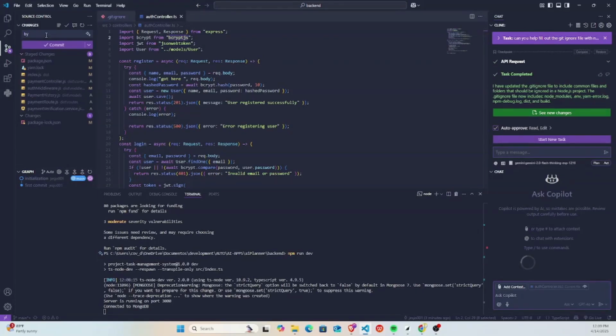Bcrypt error fixed. Now this is commit. After doing that, let's just, so we've pushed it. So that should trigger a, and see it's connected here. That should trigger a, what's it called? Rerun for the